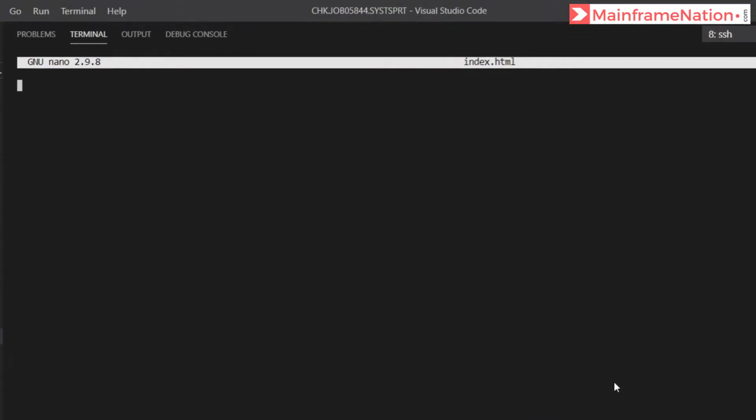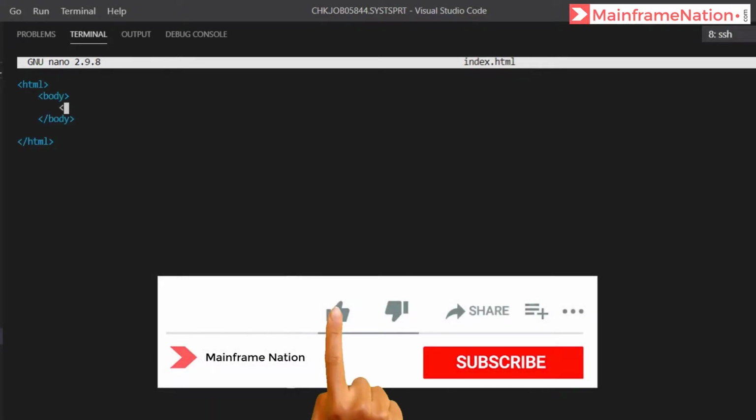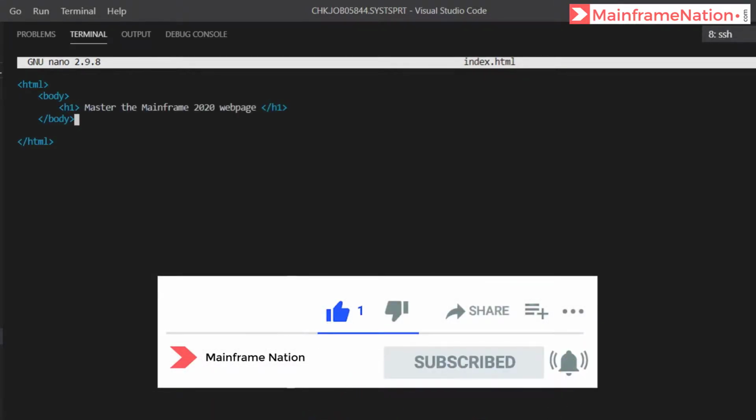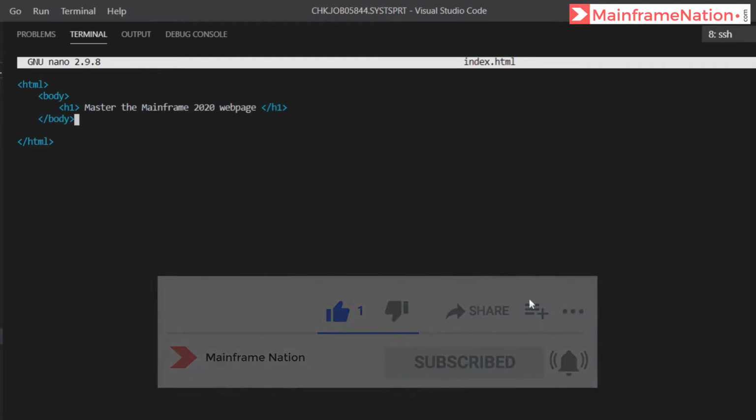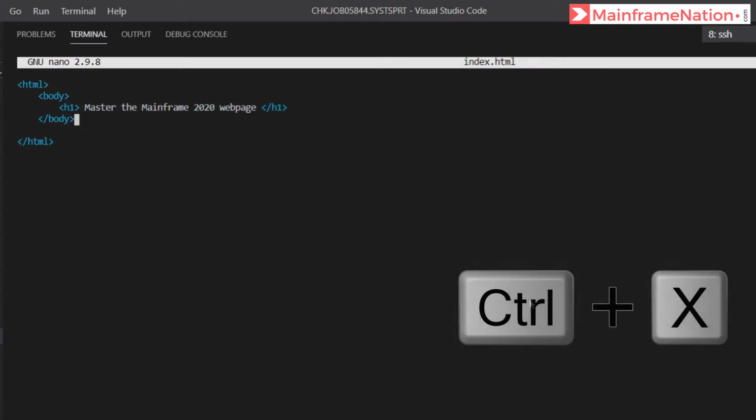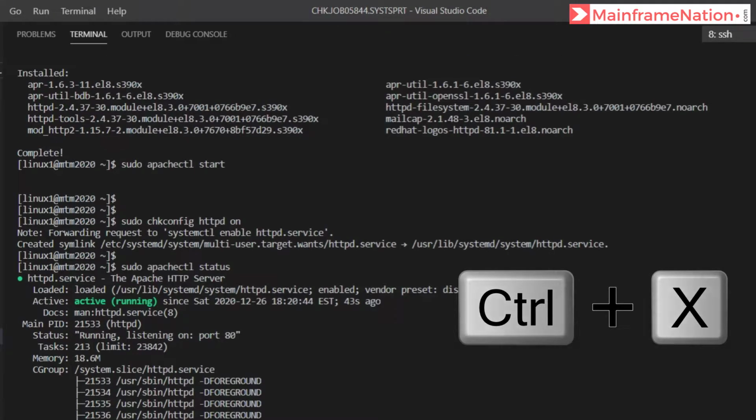And here let's write some HTML code. Let's put here HTML, give header 1, then give Ctrl O to save it. Press enter. It is now saved. Give Ctrl X to exit.